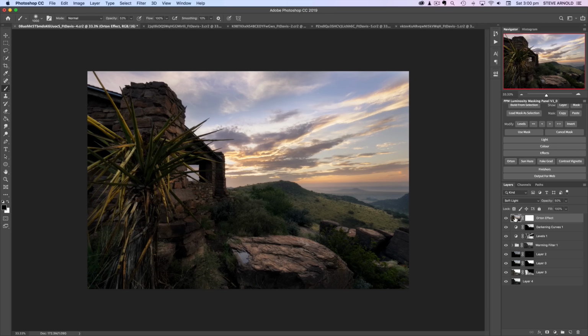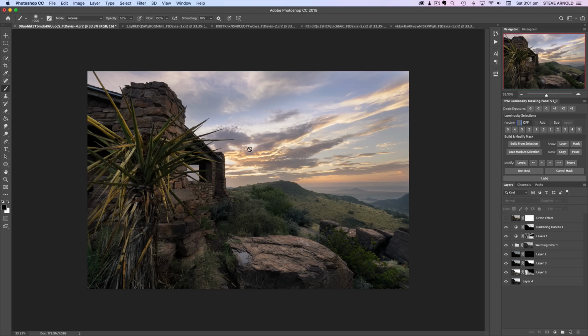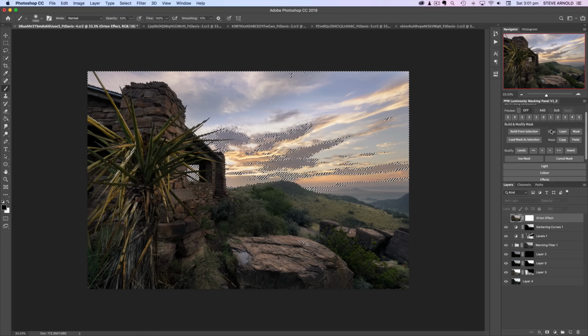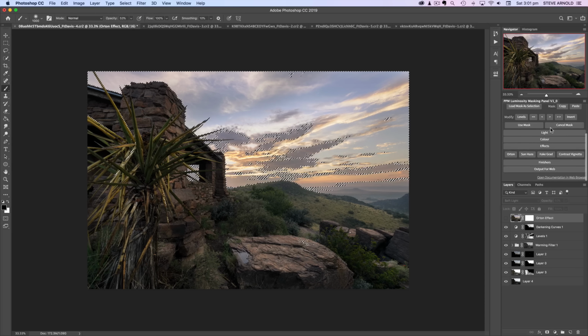Or what we can do, I'll just hide this layer, and I'll just show you another thing we can do. Combine the effect with a highlight selection. So if we want this effect to only be in the highlights, we can turn the preview off, click the 1 button on the highlights end of the scale here. Just come straight down and press the Auto button,